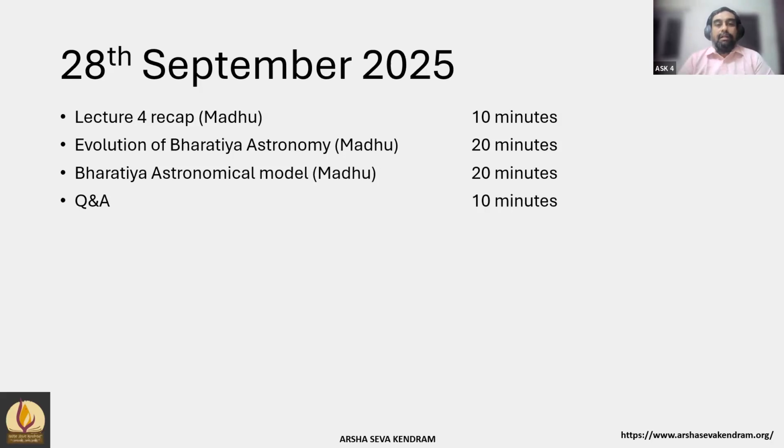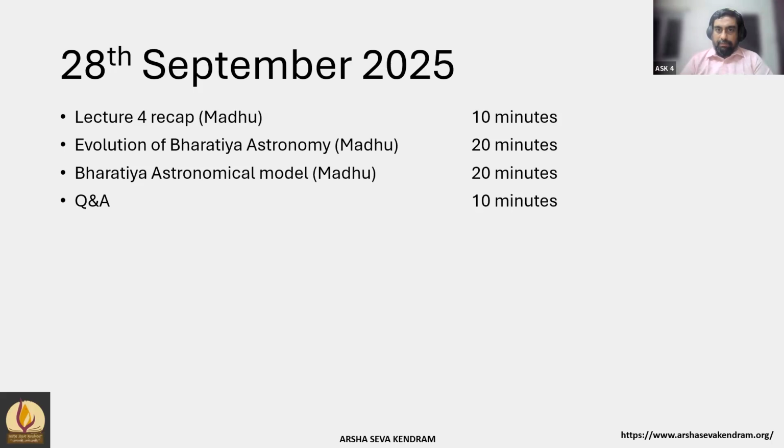We will then start with our next module, which is the Bharatiya Astronomical model. Hopefully, we can cover each of these in 20 minutes each. If something spills over, we can take it to the next class. And as usual, we will leave the last 10 minutes for question and answers. So that's the way we have structured